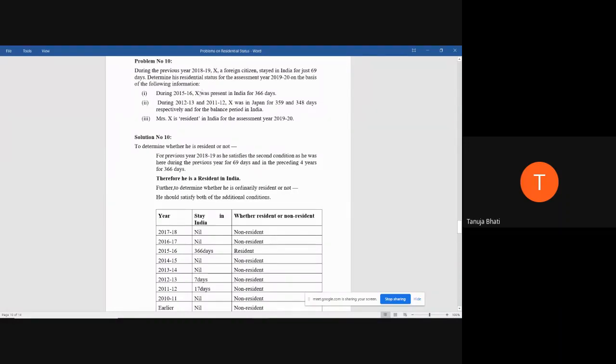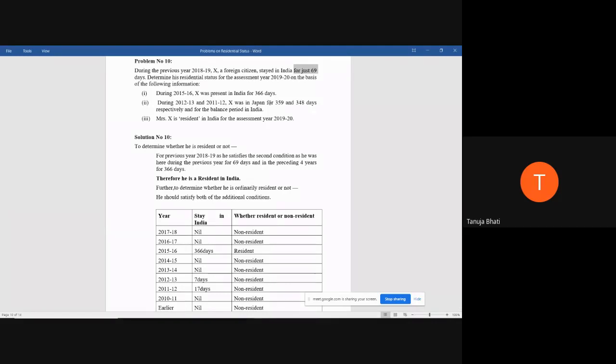First basic condition is his stay in India should be 182 days or more in the previous year. Now, if the assessment year is 19-20, what is going to be the previous year? The previous year is going to be 18-19. So in 18-19, he's just staying in India for 69 days. It is given here. So is he satisfying the first basic condition? No. So Mr. X is not satisfying the first basic condition that is specified under section 6 subsection 1 clause